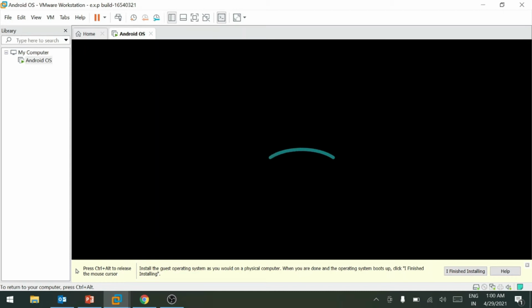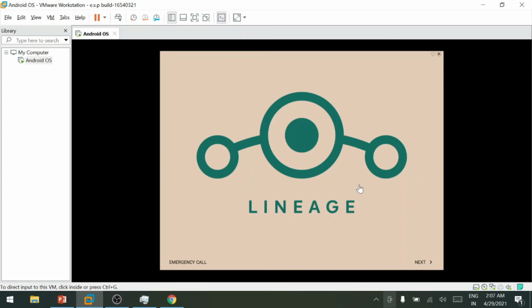Now you can see Android is booting up. It will take a while for the first time, so please wait for it. As you can see, Android is loaded now. Click on next.